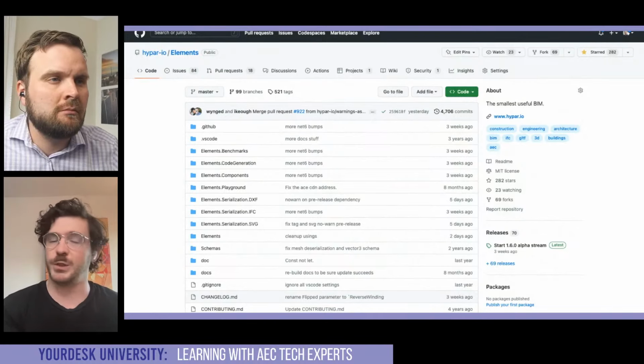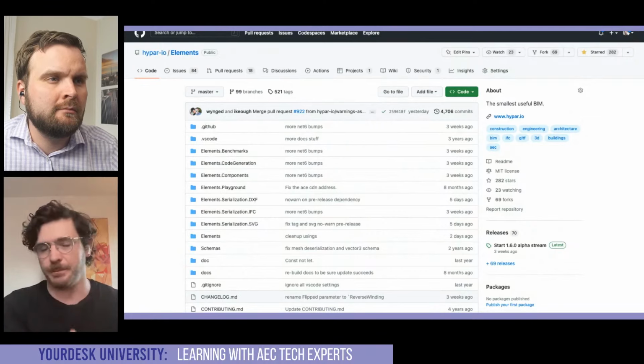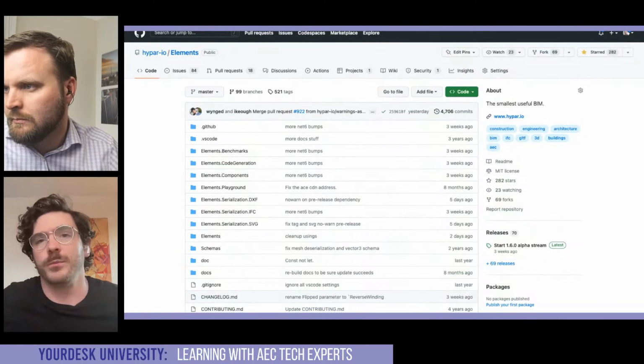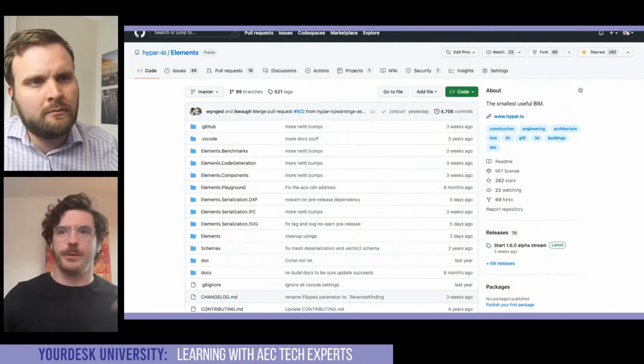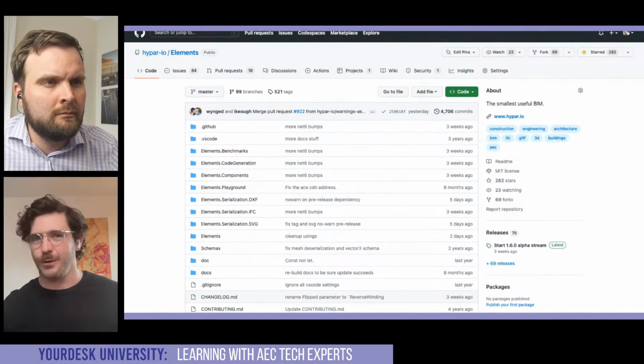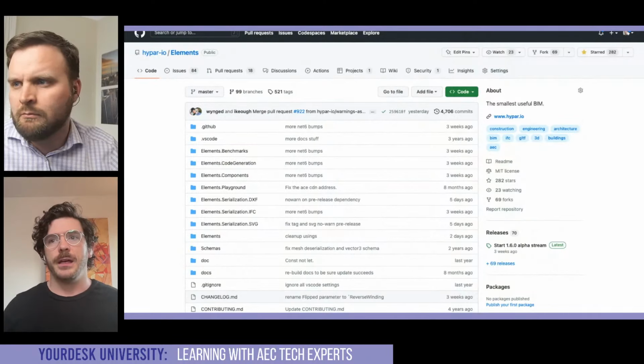So you can get 2D CAD via DXF, you can get IFC out, you can just get a bare JSON representation, and then we have integrations with Revit that allow you to read in that representation and generate native Revit content. You can import that JSON into Rhino and generate native Rhino models. And if you start building against Elements, then you get all of that stuff for free. And I think that it's a pretty powerful prospect.